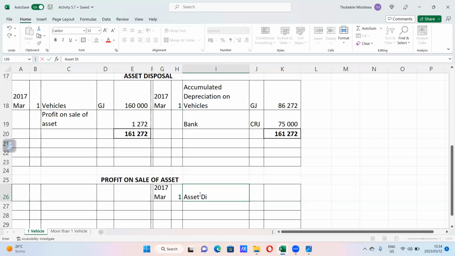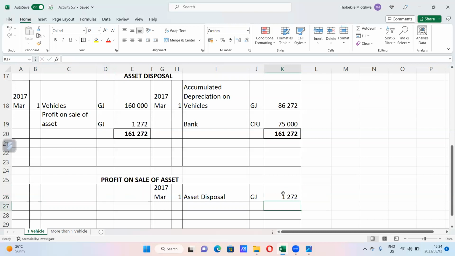So yeah, if it's a profit, you're allowed to just say profit on sale of asset. If it's a loss, you're allowed to just say loss on sale of asset. You don't have to say profit or loss on sale of asset all the time. So this one, I knew it was profit, so I just wrote profit on sale of asset. So then this is also happening in the GJ again. So like here, GJ, and then the profit is